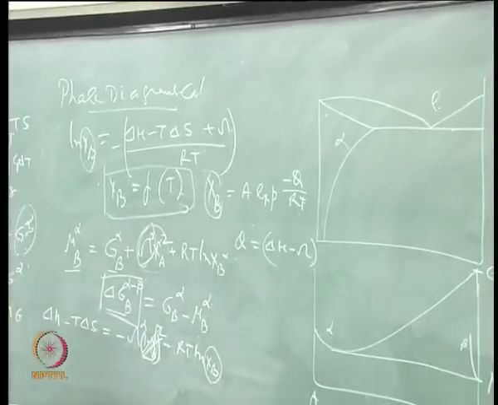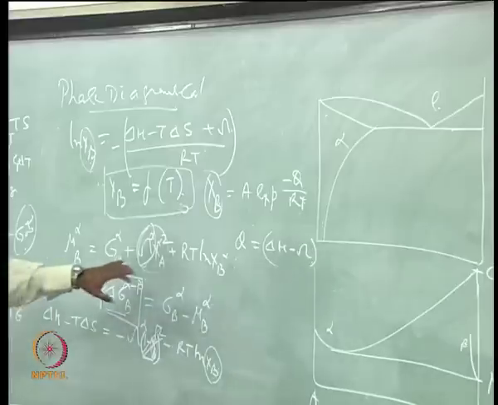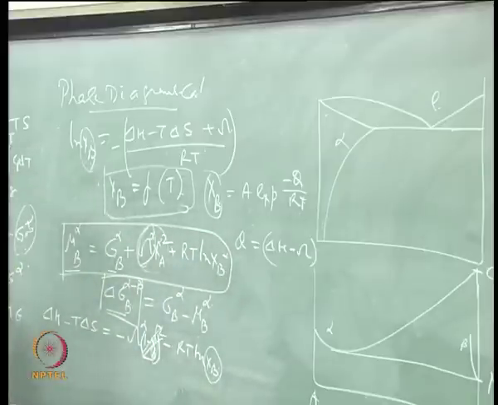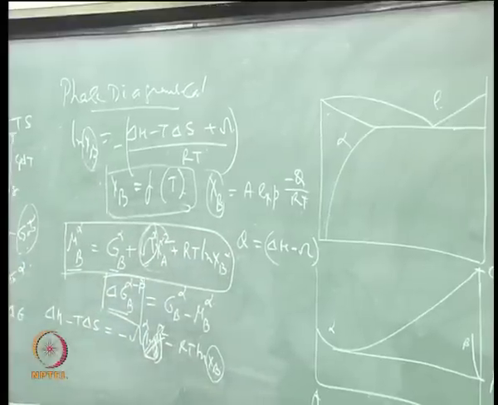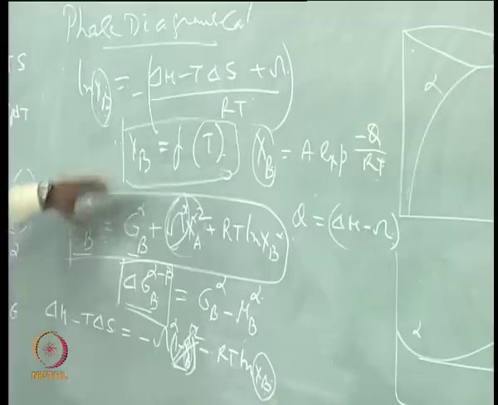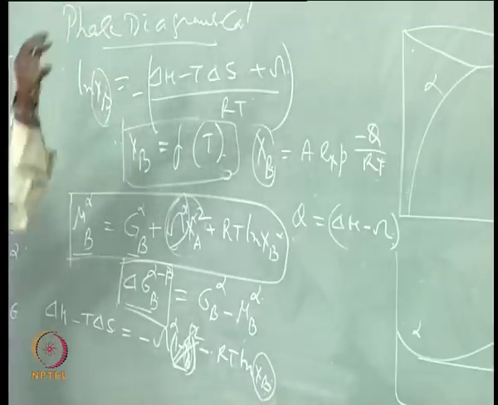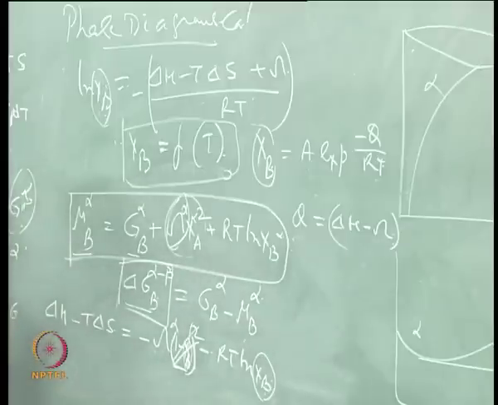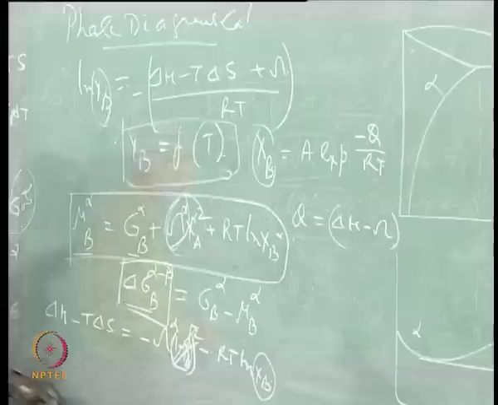So all calculations of phase diagrams are easier simply knowing one equation. This equation, if you remember, everything else can be done, and this equation also comes basically by equating one basic free energy equation with what is the XA mu A plus XB mu B. If you do that, you will get that. Okay, we will stop now.